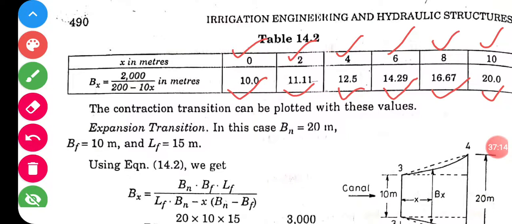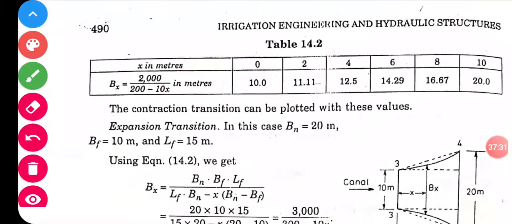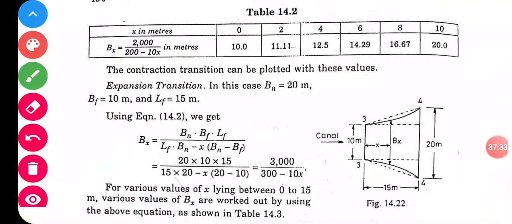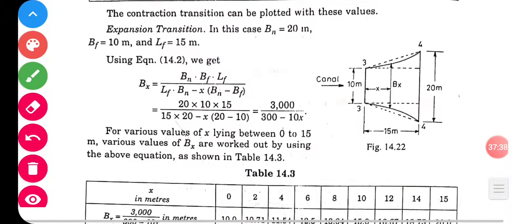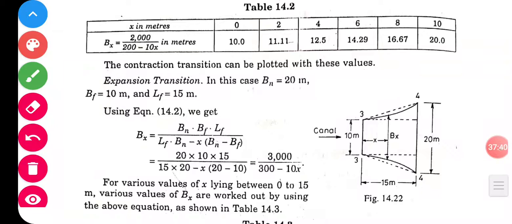So what I am telling is, these are calculated by the same method. Only one formula, put only the value of x over here. Go on putting values of x, and you will get all those things. Tabulate all these results in the table. Once it is entered here, similarly we have to calculate for the contraction. Now let us go for expansion.